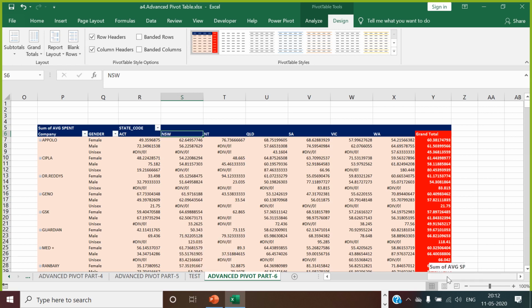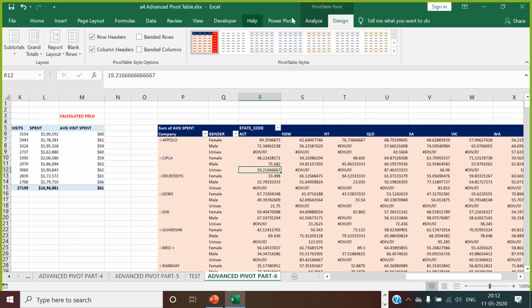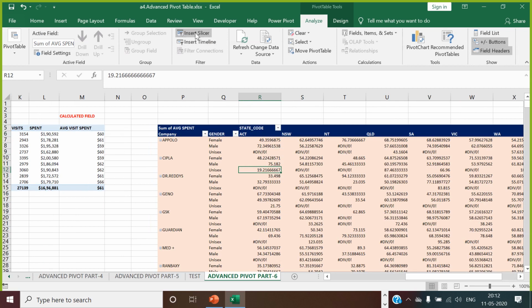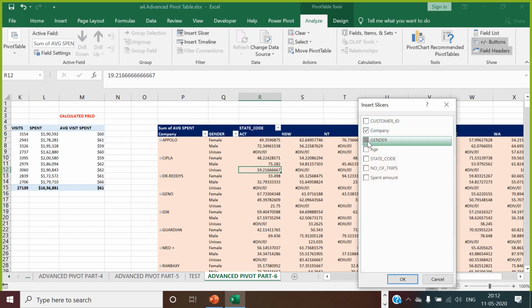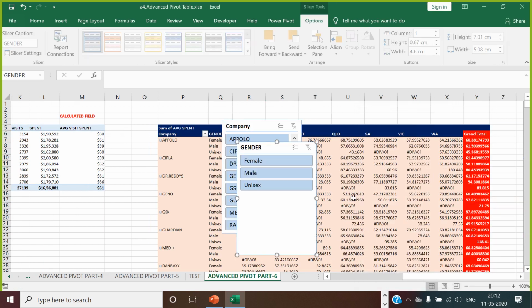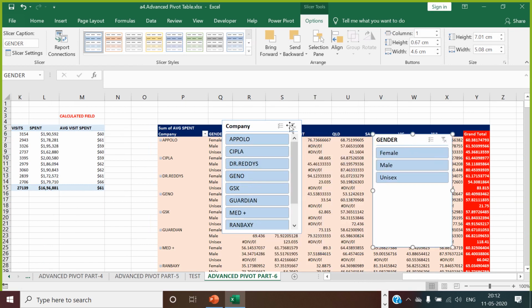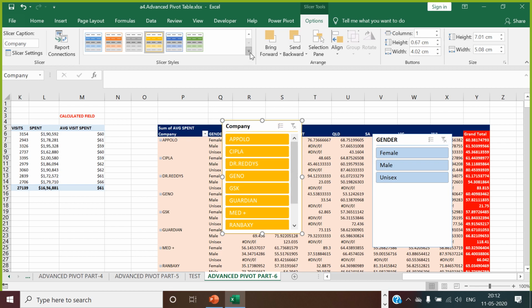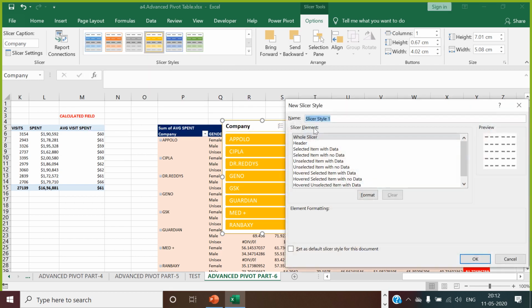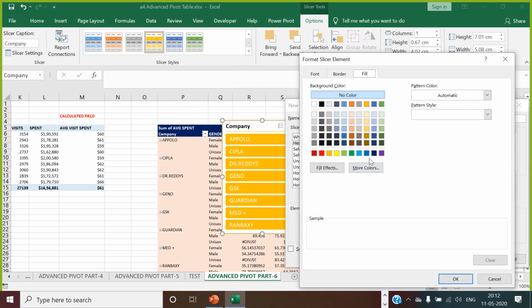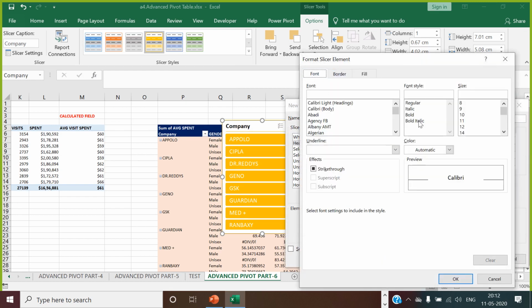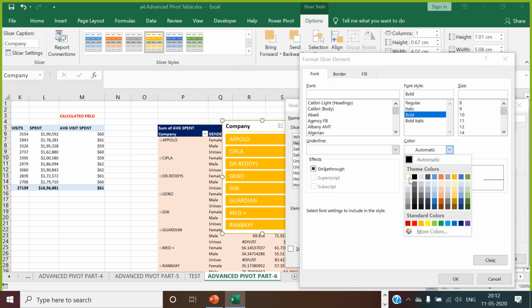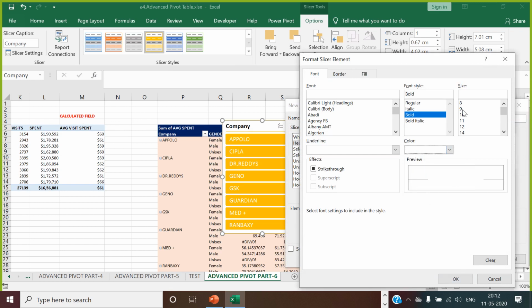Now in the pivot table, if you add any slicer, let's say I add company gender as my slicer, you can also design your slicer by creating the options where you choose what background color you want to give, or you can do a new style for yourself by choosing the header as blue color, font bold and white color, and make it as 8.